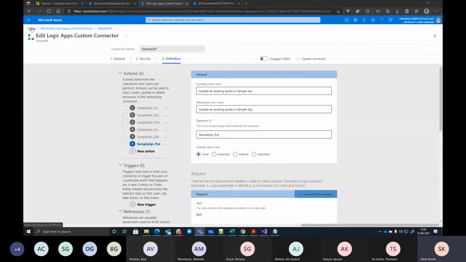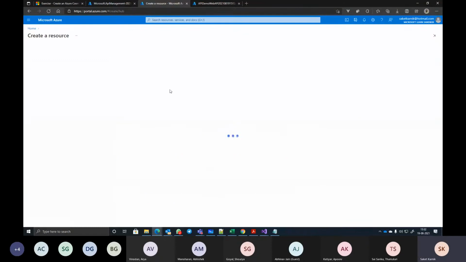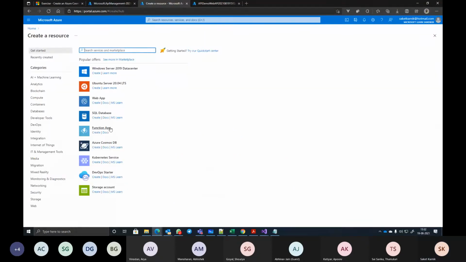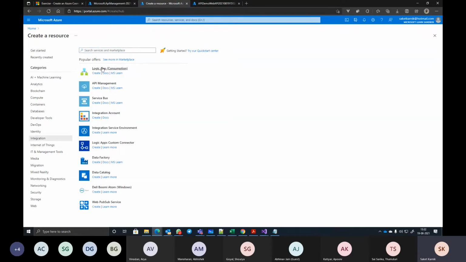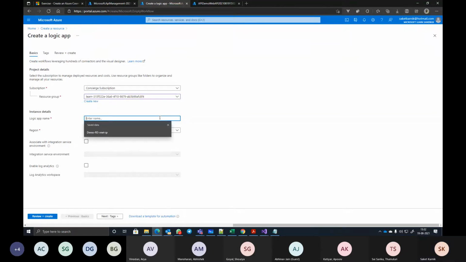And then I just go to home. I say create a new resource. If it is consumption plan based logic app only, I can directly go to integration and select logic app consumption. Select the subscription and resource group. Name the logic app.